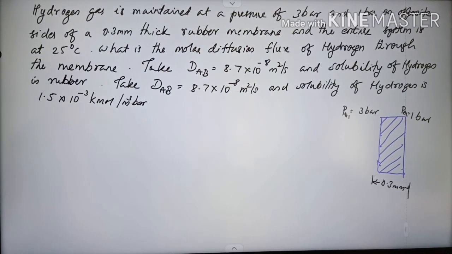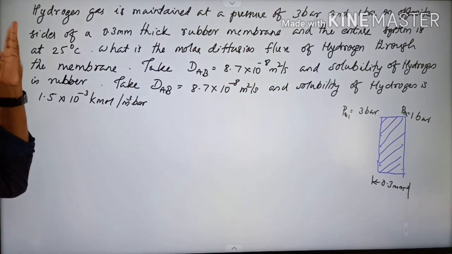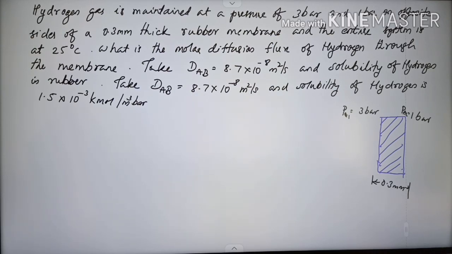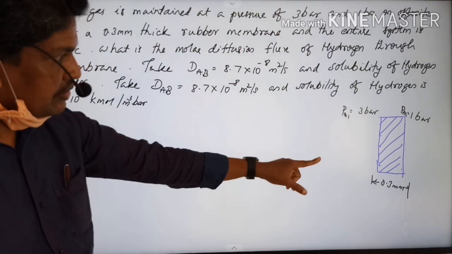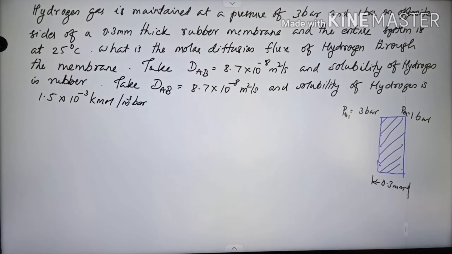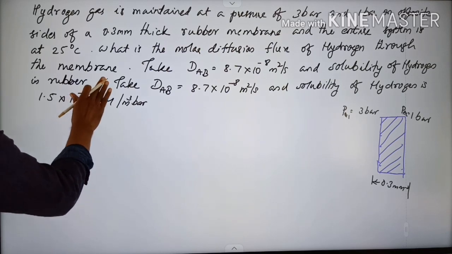Next we see another problem. Hydrogen gas is maintained at a pressure of 3 bar and 1 bar on opposite sides of a 0.3 mm thick rubber membrane, and the entire system is at 25 degrees Celsius. What is the molar diffusion flux of hydrogen through the membrane? Take DAB is equal to 8.7 into 10 raised to minus 8 meter square per second, and solubility of hydrogen in rubber